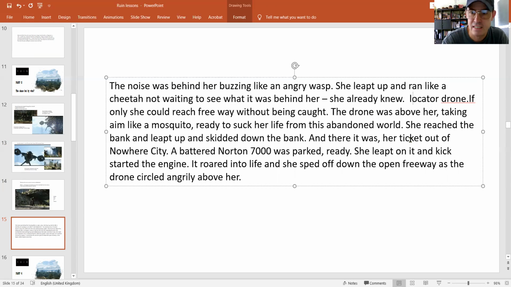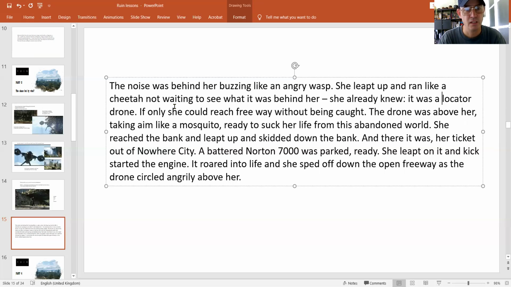Oh, it's time for a colon. And information. There we go. We can use that colon there. A colon just really adds information, extra information. Yeah, it's almost like a bracket in this case, isn't it? She already knew. A locator drone. So what does she know? It's a locator drone. She already knew it was